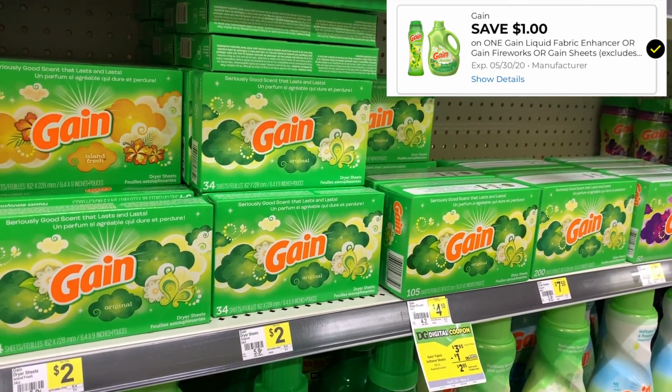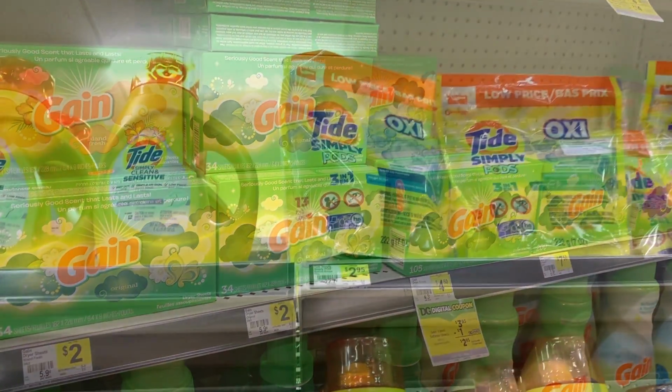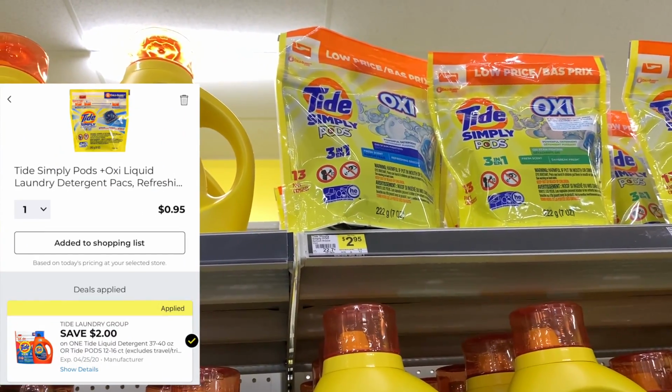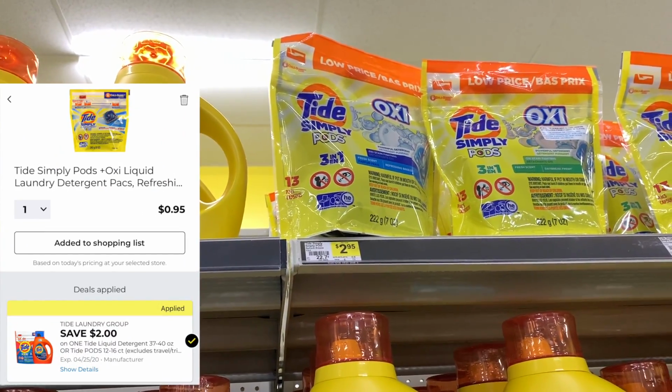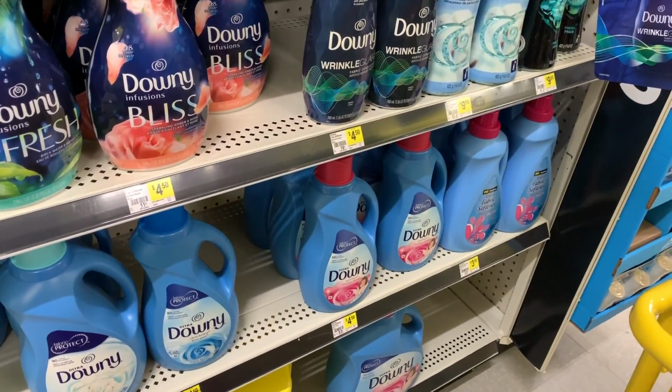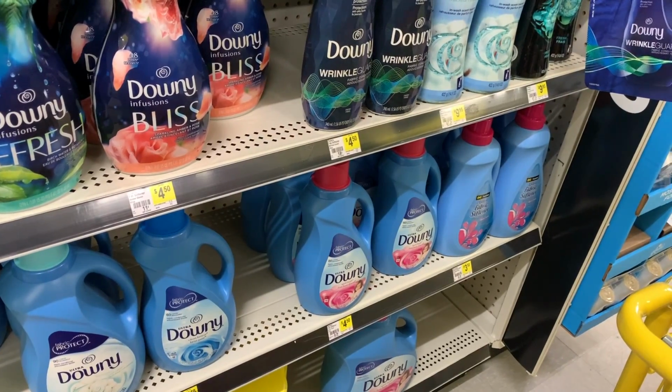I'm going to use the $1 off one digital coupon. I am also going to grab a Tide Simply Pods. These are $2.95. We're going to use our $2 off one digital coupon. And then as our final item in this deal, so this is going to be our P&G deal, we are